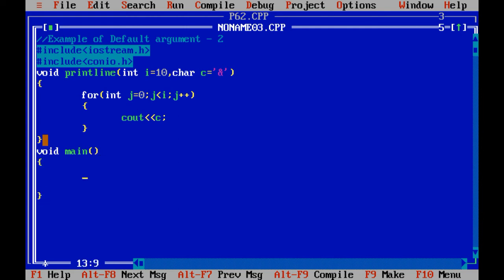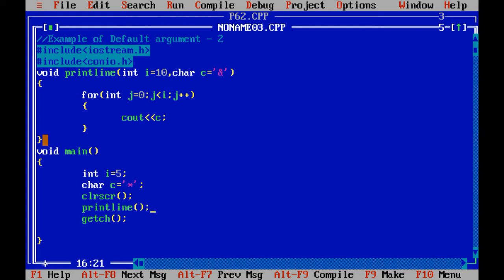In void main I have taken one variable integer i equals to 5, character c equals to single quotation asterisk sign, clrscr, getch. The printline function I have defined as a UDF.